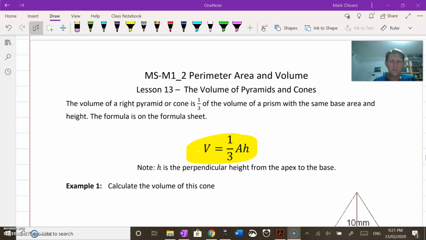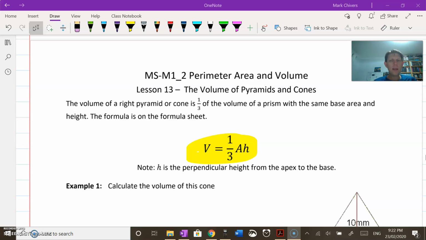Okay, so we're up to the volume of pyramids and cones. Much like the volume of prisms, volume's generally a lot easier than surface area. So we don't even have to look at surface area of cones in this unit. We did do the pyramids. They were probably the hardest thing that we had to find the surface area for, but finding the volume is